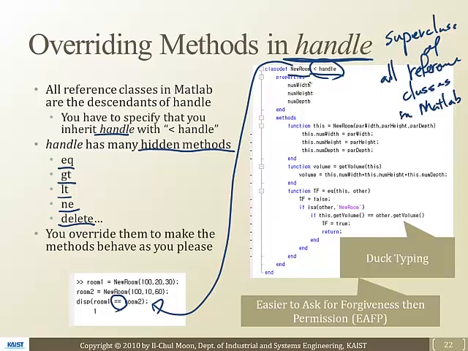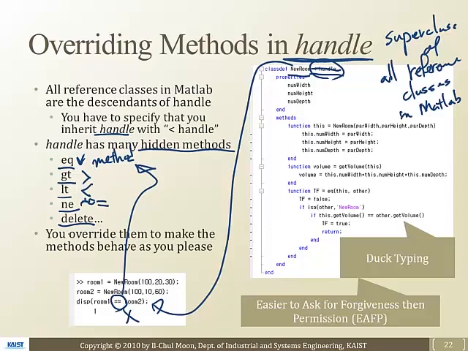What is happening here is that the handle class has this equal method, which uses this operator. If you erase this handle, you will never be able to use this equality check. Greater than, less than, not equal, and delete are all there.